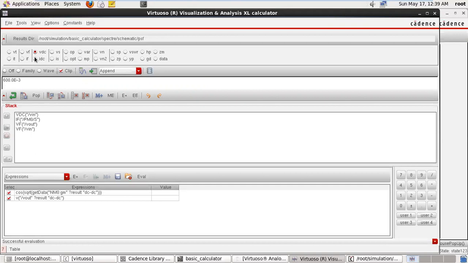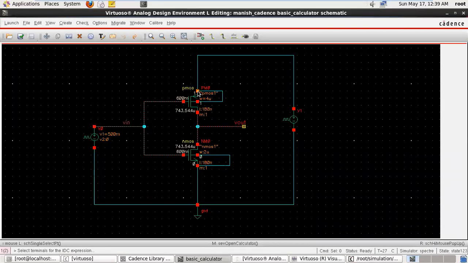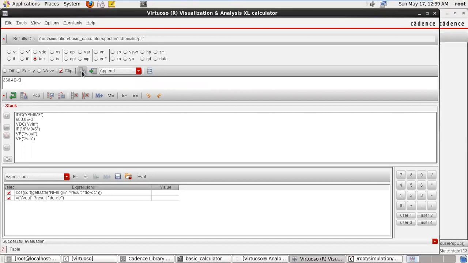Suppose now we are selecting IDC. Suppose we are taking the output node current IDC. When you press this, the value of this current is approximately 268.4 nanoampere. Okay. So transient analysis, this is for AC analysis, this is for DC voltage, this is for the sweep. If you have some variable that you have swept, you can see here by analysis this VS voltage sweep and IS is for the current sweep.